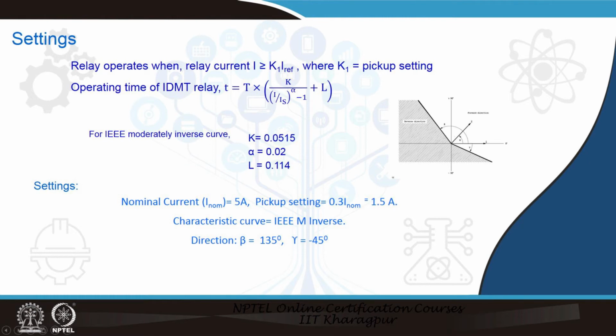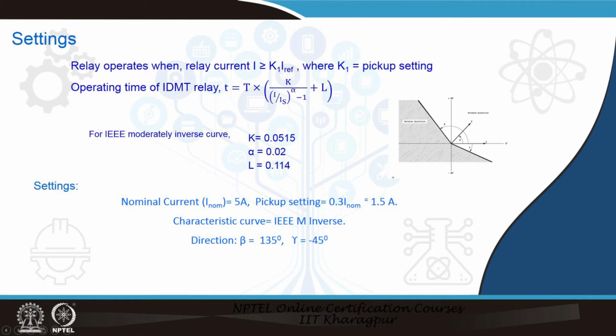So, what does it mean here? When the corresponding current exceeds 1.5 ampere, and in addition the corresponding angle between the voltage and current falls within this range, the relay will trip; otherwise the relay will remain silent or block. That is what we would like to see. We would like to verify whether the current is more than this value, if so whether the angle is within the limits of gamma and beta, and if it falls in this range whether the relay is tripping, and when it falls outside this range whether it is blocking or not. That is our purpose of verification.